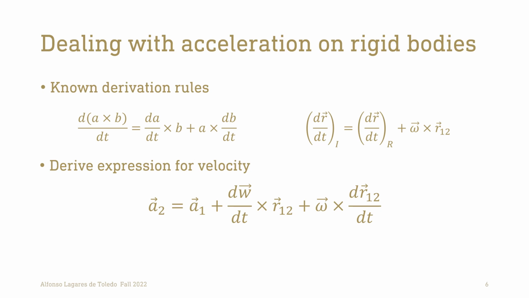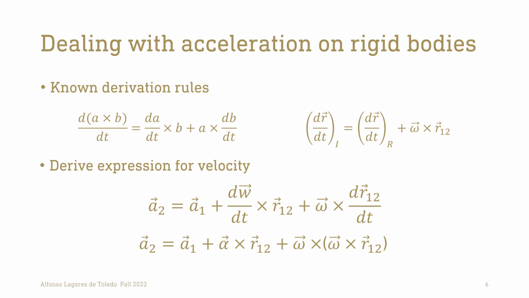This can be expressed as the cross product of angular velocity and displacement, which yields this final expression. Using this equation, the acceleration of any given point on a rigid body can be found given the acceleration at an initial point, the displacement vector between the two, and the angular velocity and acceleration of the rigid